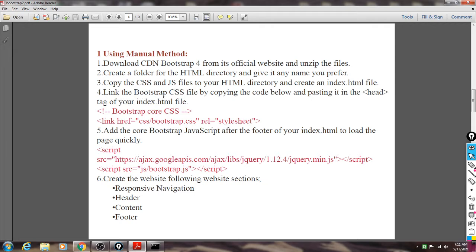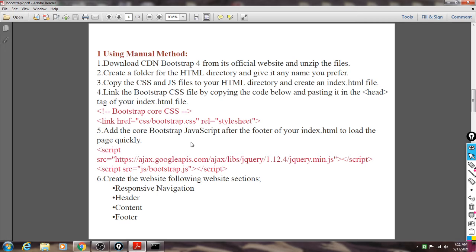Then link the Bootstrap CSS files by copying the code below and pasting it in the head tag of your index.html file. You can use any name for the HTML file. The only thing is you should copy this link within the head tag. Then add the core Bootstrap JavaScript after the footer of your index.html.